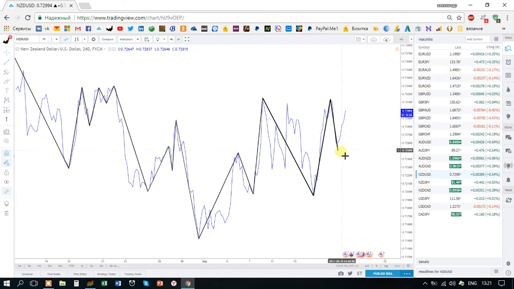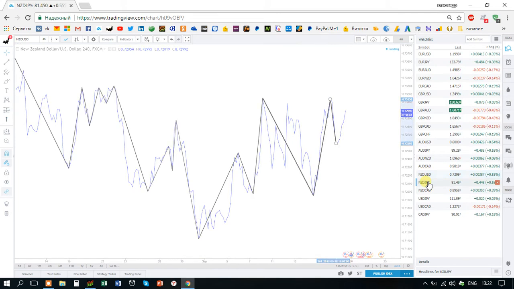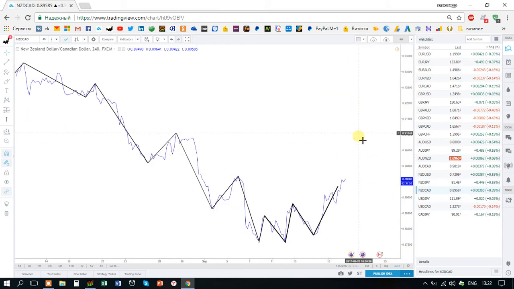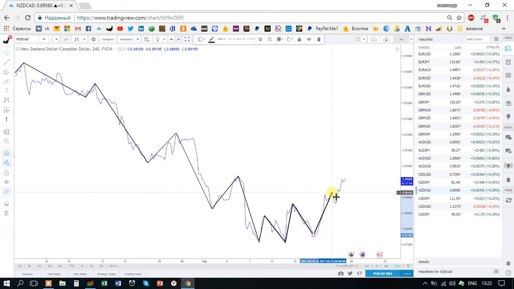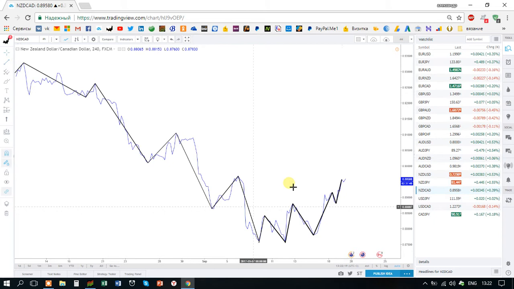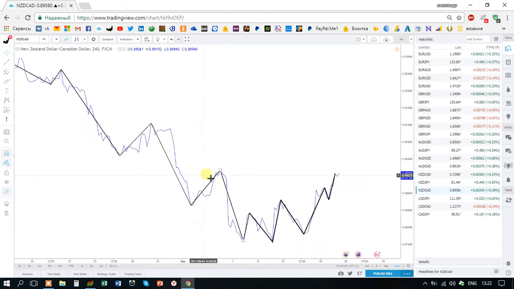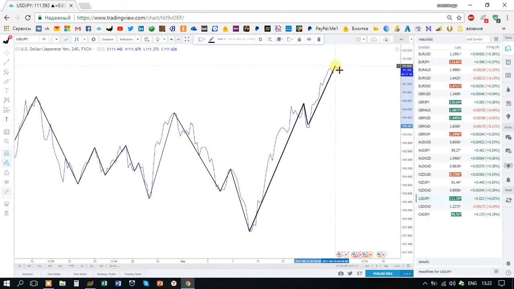Let's go next. New Zealand dollar. Nothing changed. New Zealand yen, a new high. New Zealand Canadian, we had it this way, then we did that kind of pullback to the downside, and then we broke that higher again. Okay, no pattern here. Dollar yen,